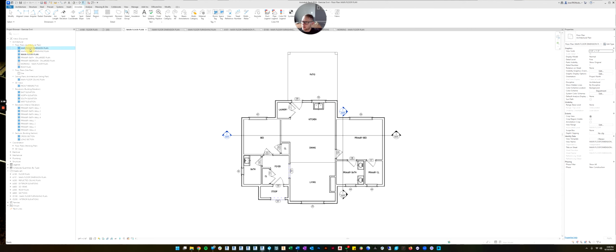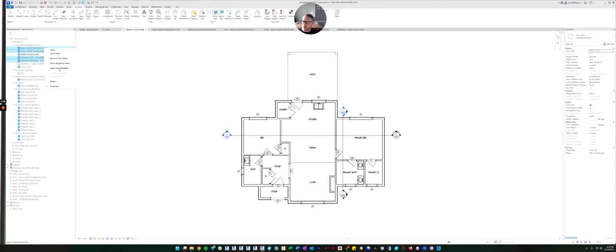So now I'm going to control click both my main floor dimension plan and furnishings plan, and probably even my enlarged plans. Go ahead and control click them all, then right click, and we're just going to do apply view template.